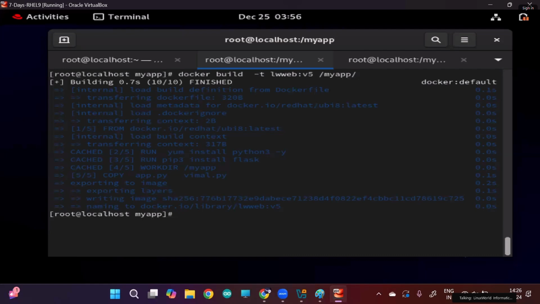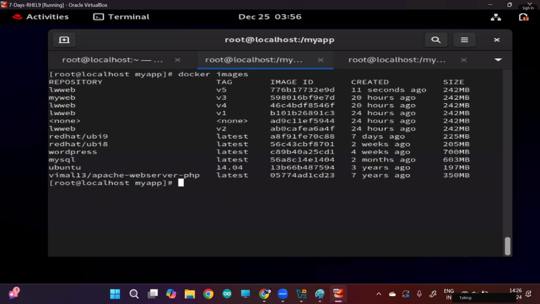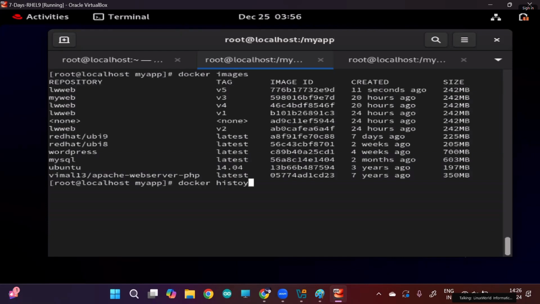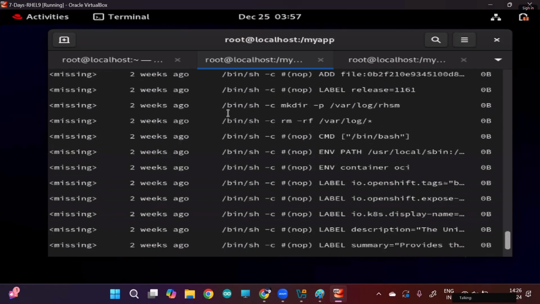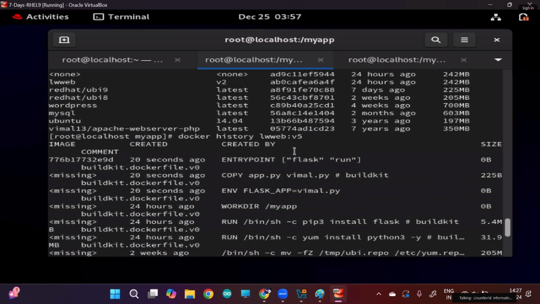The new image is created. Docker images, new image created. And now if you see the history of this image, v5, you can see